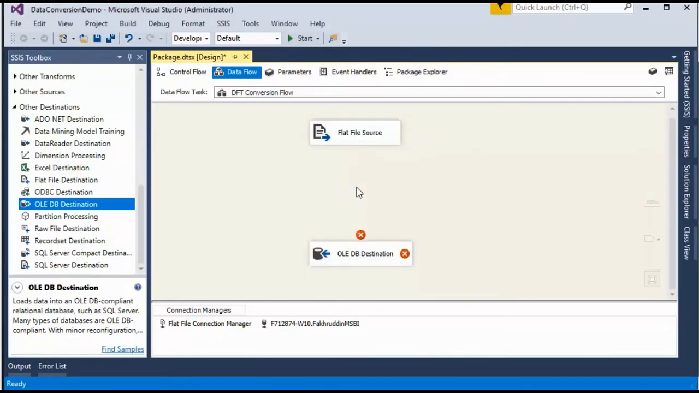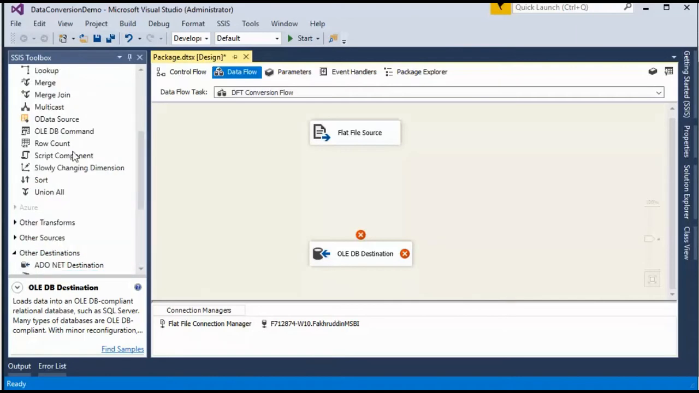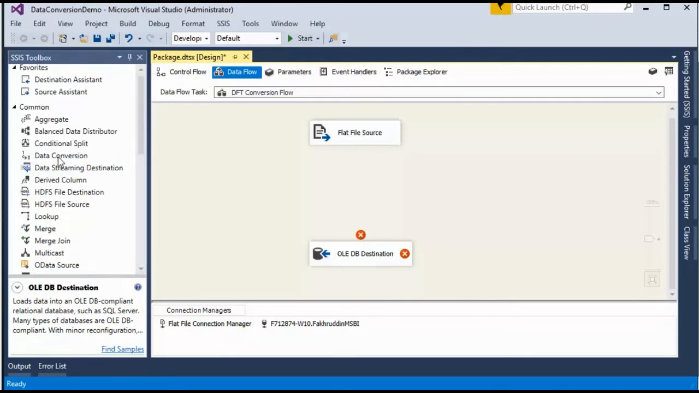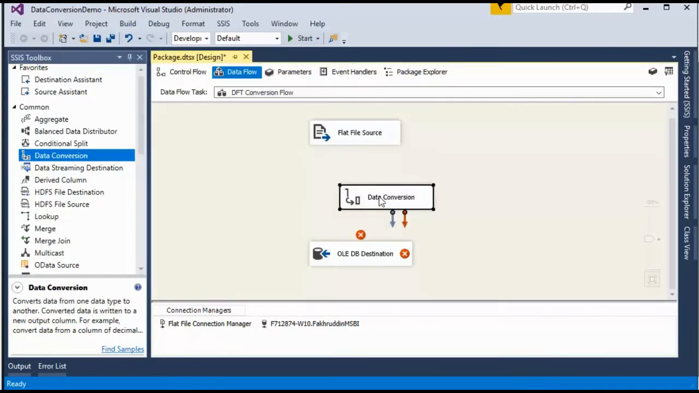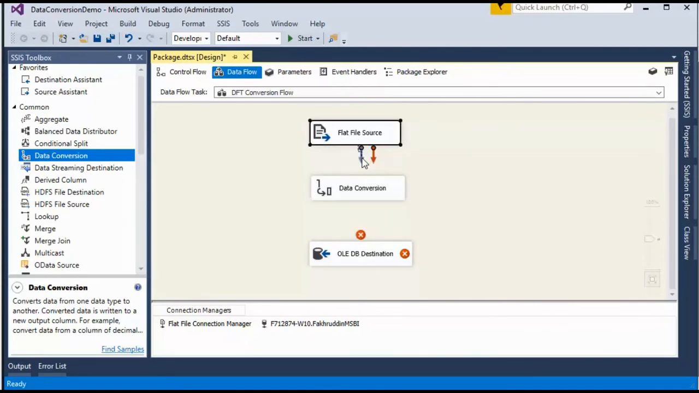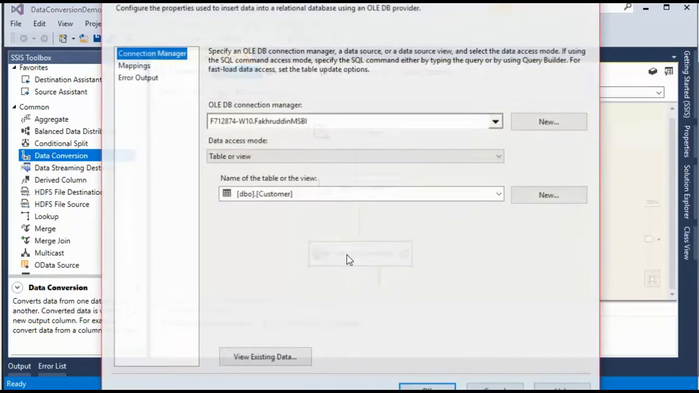So I'll disconnect or delete this, and I will find a component called data conversion, and I'll drag and drop over here. From my source, my data will come into data conversion. From data conversion, it will go to the database. What this component will do is it will convert my character data type into nvarchar, which is required by Microsoft